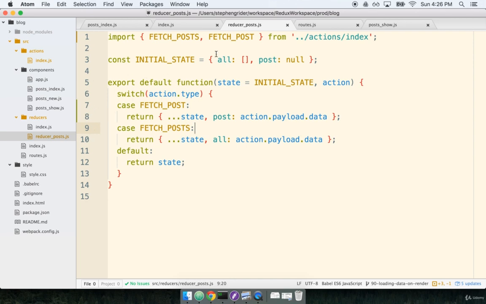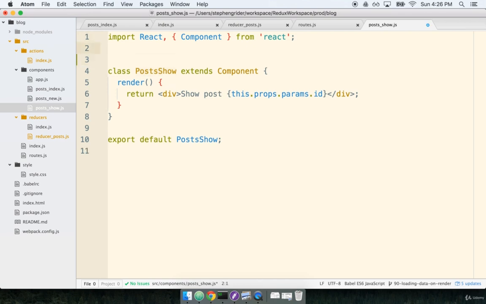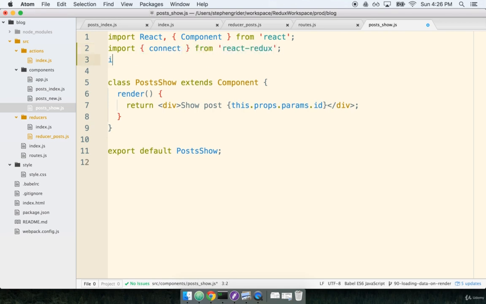We just need to go ahead now and make use of that action creator inside of post show. So whenever post show is about to render, we'll go ahead and call that action creator that we just made. So we're getting pretty used to creating or importing action creators and using them in components now. So I hope it's really getting into your muscle memory by now. At the top, we'll do import connect from React Redux, and then we'll import our action creator fetch post from actions index,